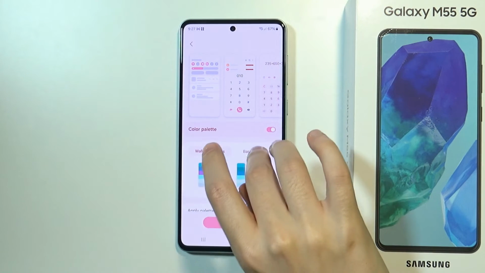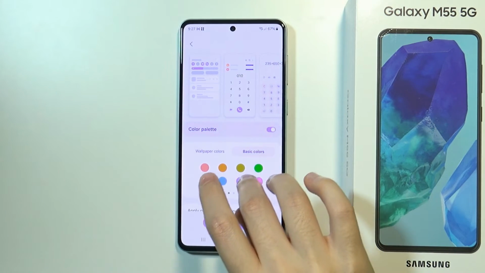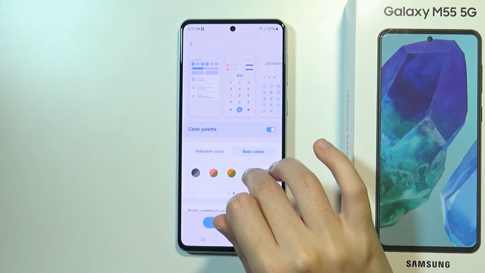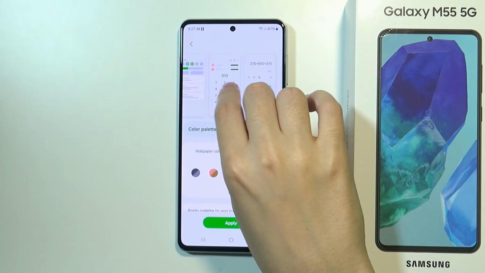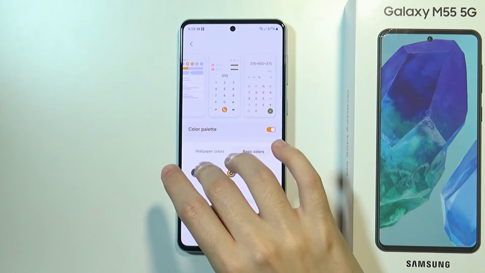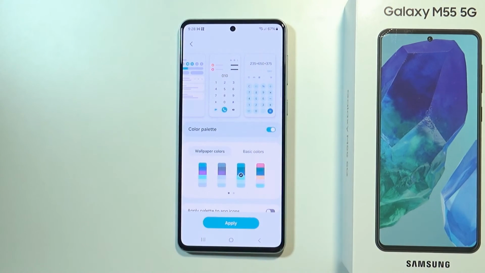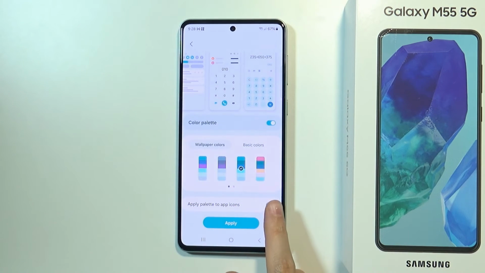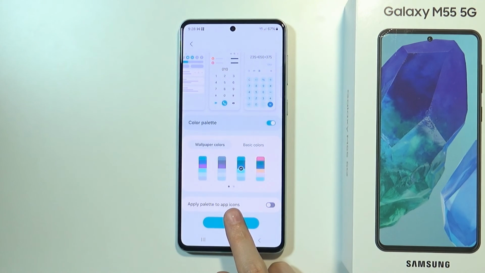And we can also go for basic colors, where we can select just a simple color that will be applied for our interface. At the top over here you can see the preview, how it looks like with the changes. And once you find your ideal color palette, then you can also apply the palette to app icons. So if you feel like it, then of course go for it. And finally at the bottom, tap apply in order to save the